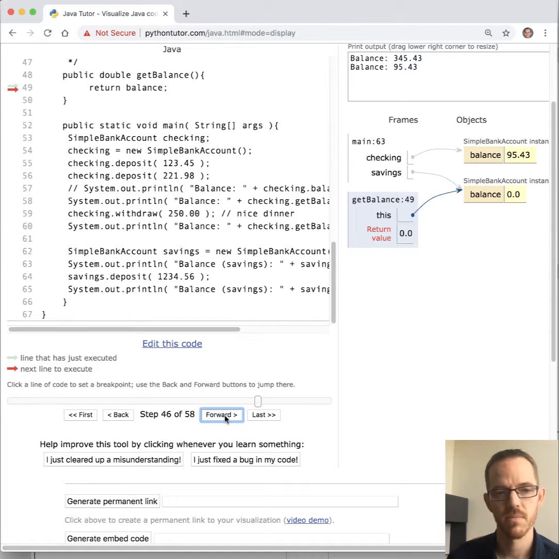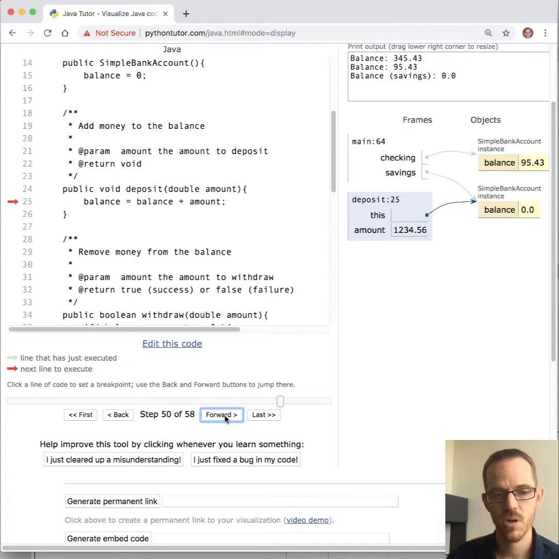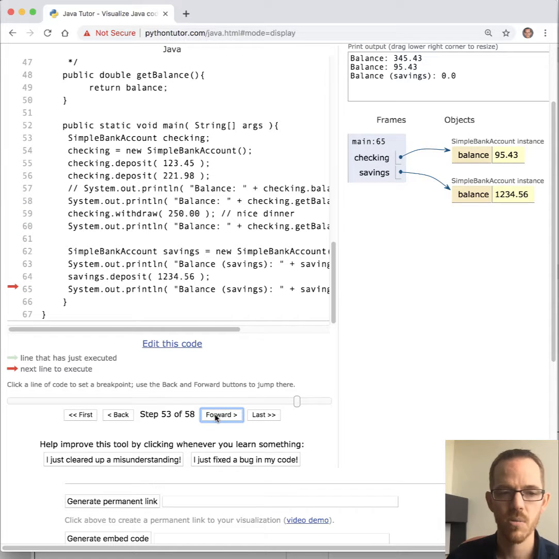It's 0 initially. Boring. And then let's make a good deposit. We worked a lot. And so notice when we call savings.deposit, it's on this instance here, not the checking. And so it keeps it straight. So it's the same code, but balance here refers to this balance because it's a separate instantiation of it. You see the beauty of this? You can write code once and then you reuse it, reuse it, reuse it. Now we've changed the savings instance balance and increased that, and then we're done with our deposit.